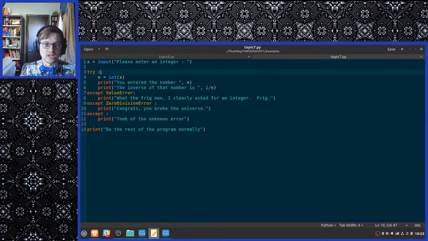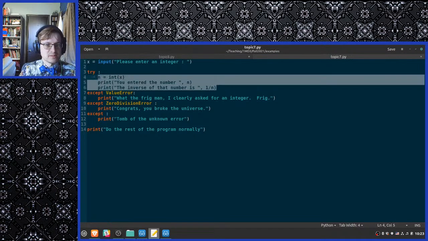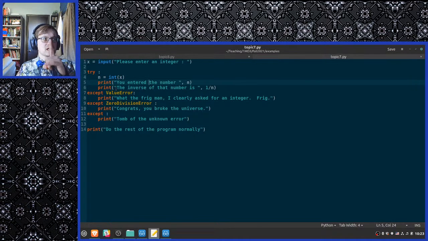When you're inside a try block, you execute the statements just the same as you would regularly. If an exception is raised while executing the statements, you skip the rest of this block and jump immediately into whichever except case matches the type of error that you produced. So if it's a value error and you have a case for value errors, you do that.